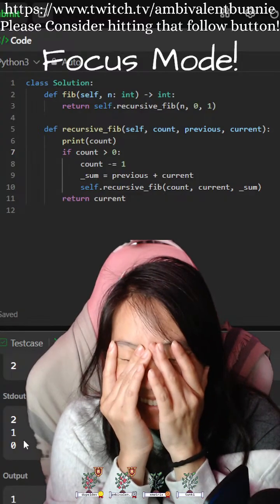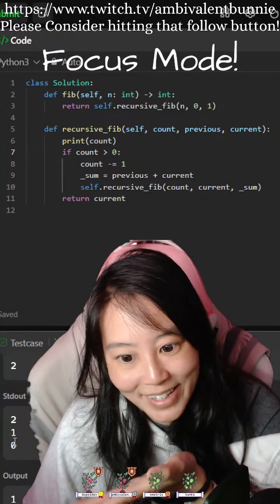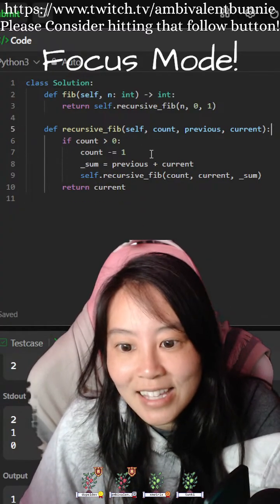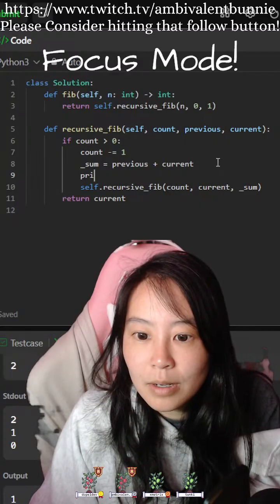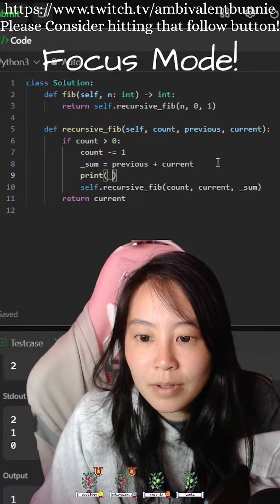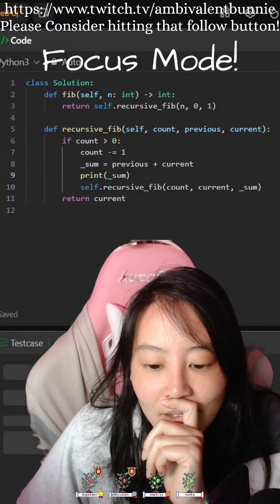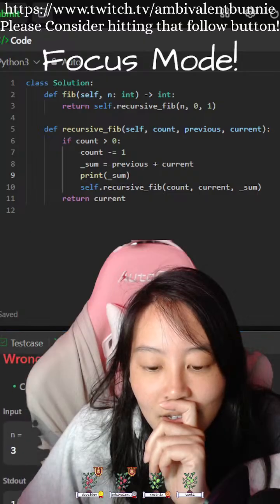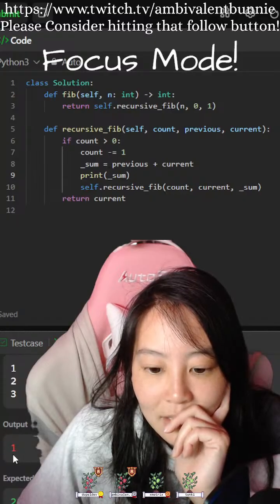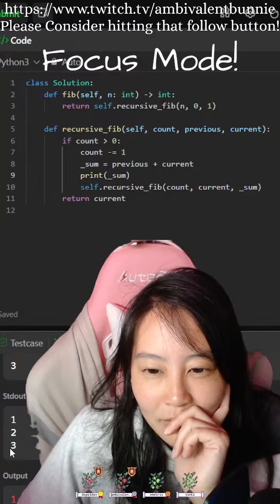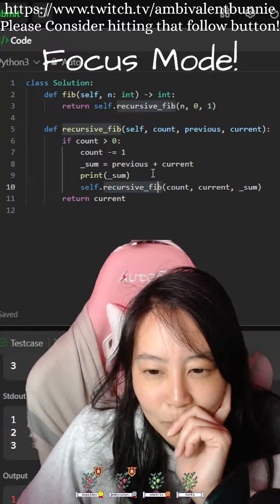Wait, oh my god. Okay, hold on. 0 plus 1. No, wait, excuse me, hold on. Oh, no, sorry. That's the count. Okay, so we have to print the sum. Print sum. I need to make sure that I'm getting... Okay, so n equals 3, standard out. Output is 1. Eh? Back to 2. Hold on. Print sum.